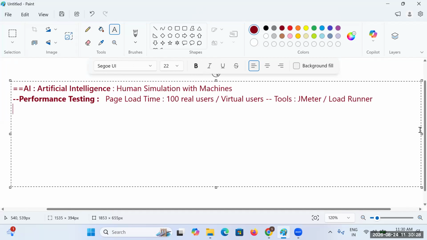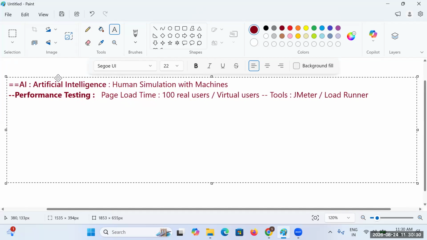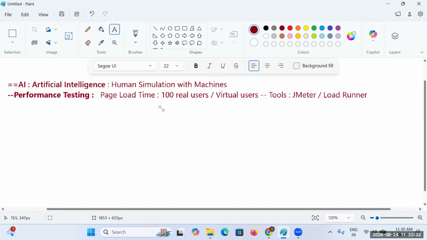Now, considering AI testing, the very first understanding in the market or on social media, where confusion has been created, is: learn AI testing and you will get a job. Most people are suggesting and guiding people simply to learn AI testing and get a job.